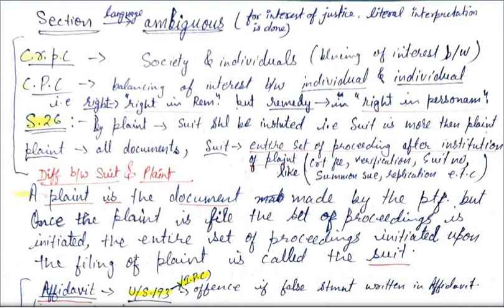You have to adopt that interpretation out of these which serves the purpose of doing justice better. So that is the approach. और प्रोसीड्यूर लॉ में तो खास करके, so that is the approach. तो सीआरपीसी में भी पढ़ाया होगा मैंने आपको इस तरीके का अप्रोच, तो यहाँ पे भी सेम अप्रोच इज देयर. तो प्रोसीड्यूरल लॉ में the approach is that interpretation would be adopted which serves the purpose of doing justice in better way. अब सीआरपीसी में और यहाँ पर फर्क सिर्फ इतना है that in CRPC it is the balance